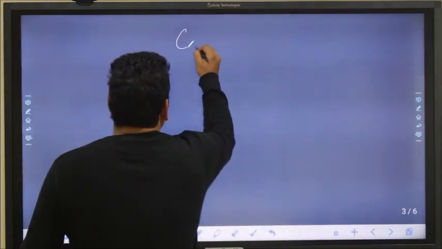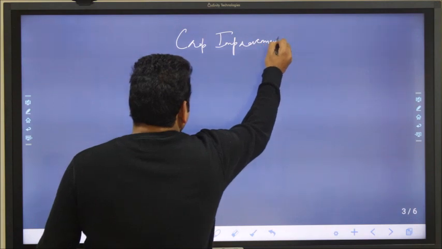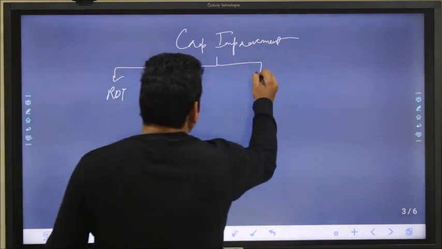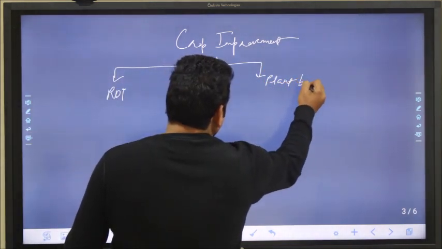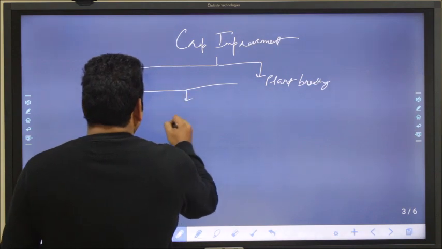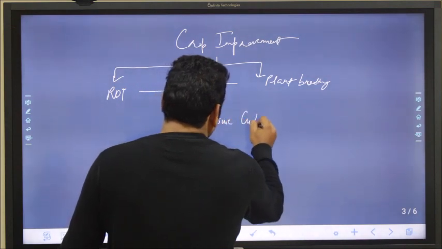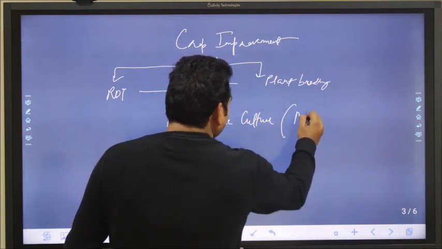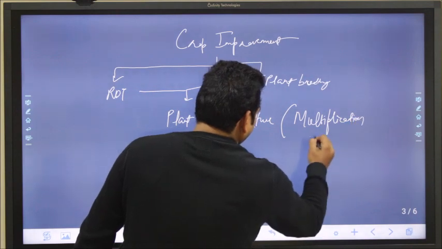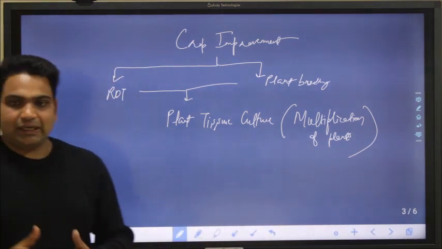So for the crop improvement, we have talked about RDT, we have talked about plant breeding, and both can collectively be used through a technique called plant tissue culture. Basically for the multiplication. So firstly I want to discuss,